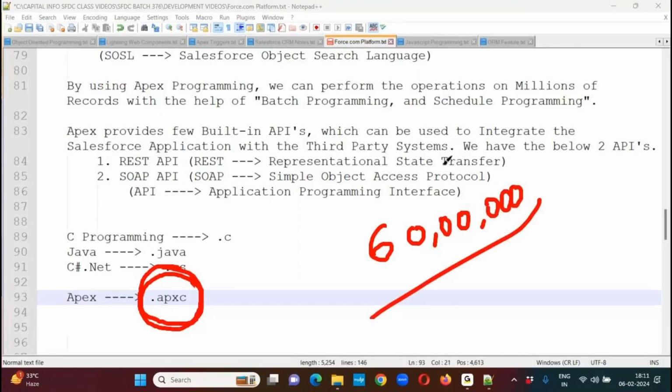60 lakhs characters, not lines. Even if you're giving a comma, it will be counted. Even a space will be counted here. Everything will be counted by Salesforce. So within your entire organization, including all the applications, we can write a maximum of 60 lakhs characters of code inside your Salesforce org. Now, in this case, you can raise a question,